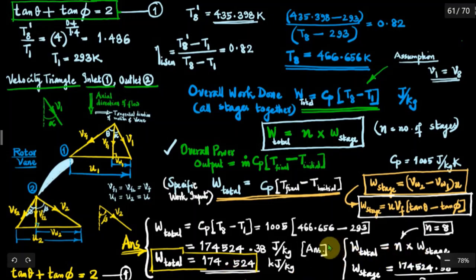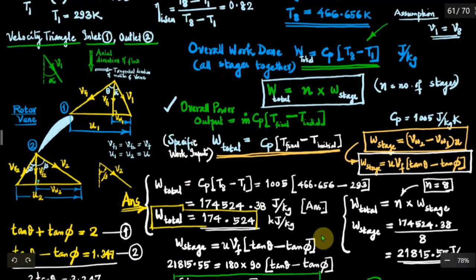So please understand, now we will consider what is the work done in a single stage. This is the overall work input considering all the 8 stages together. So Cp into T final minus T initial, that quantity is the overall work input, and if you want the work done in a single stage by the rotor on air, then what you should find out